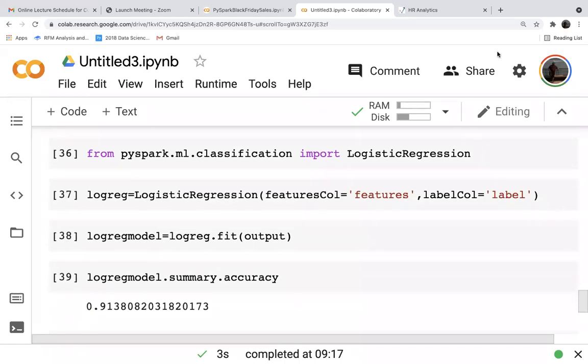So we are defining the features and label in the logistic regression function.